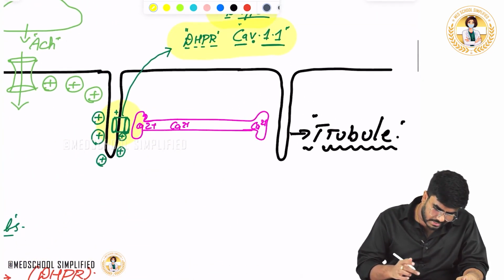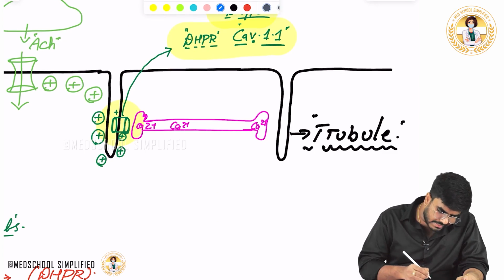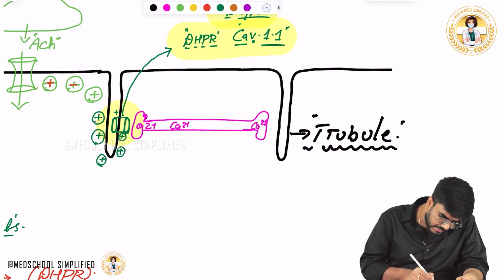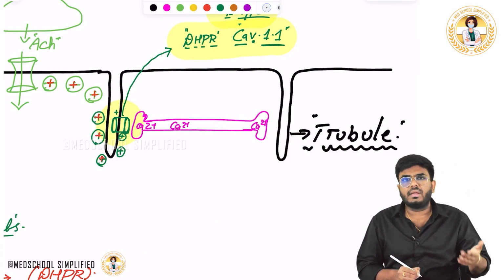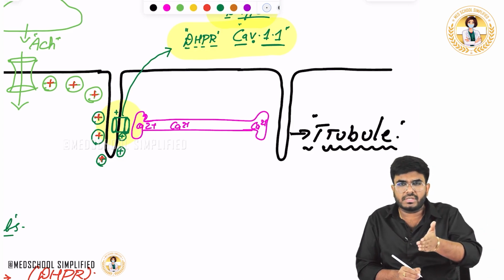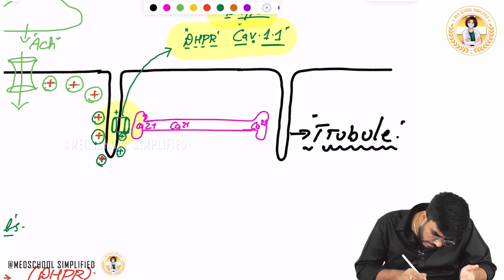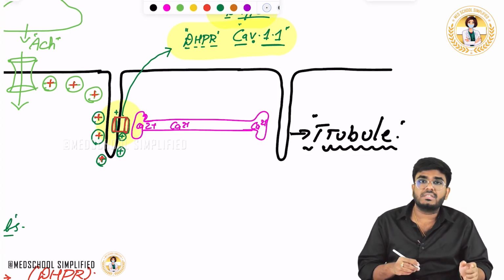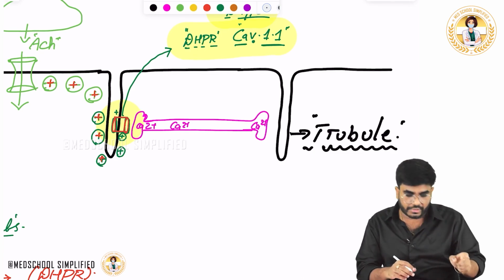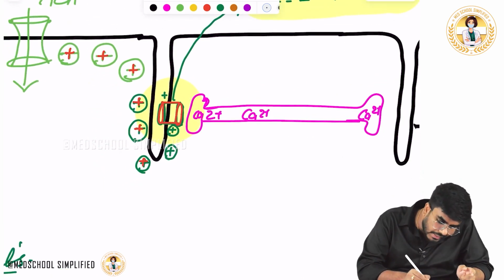Now what happens? Look, as the depolarization is spreading, the membrane is getting depolarized, later it will become repolarized. The action potentials are happening on the muscle membrane. So ultimately this DHPR calcium channel is going to open. When the DHPR calcium channel opens, as I explained in the last video, it mechanically opens